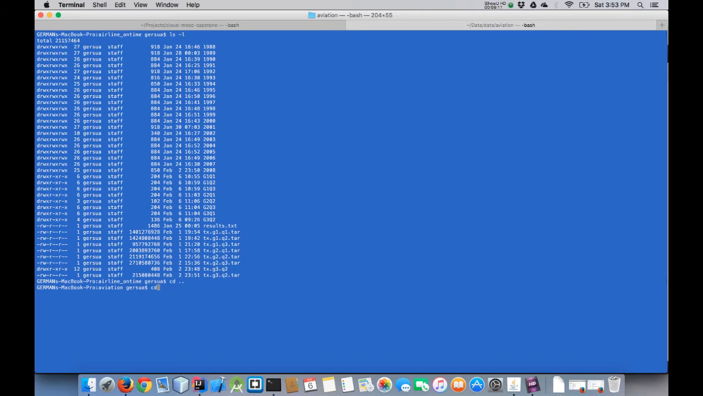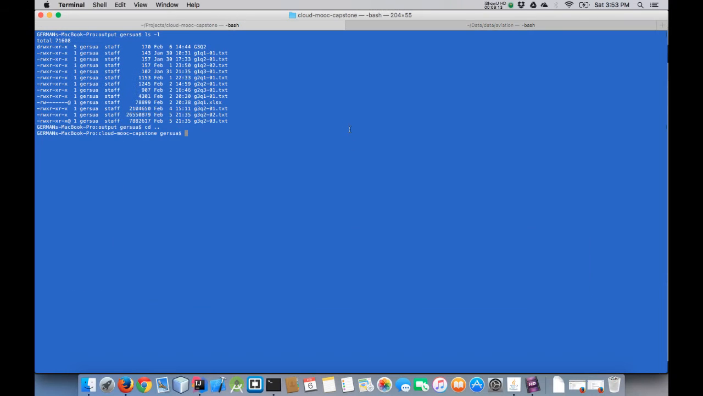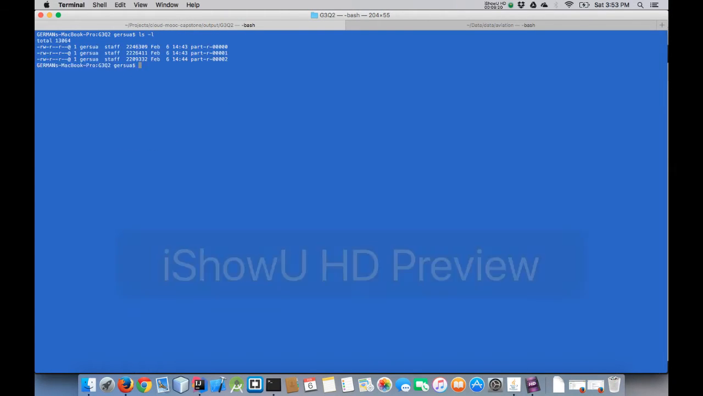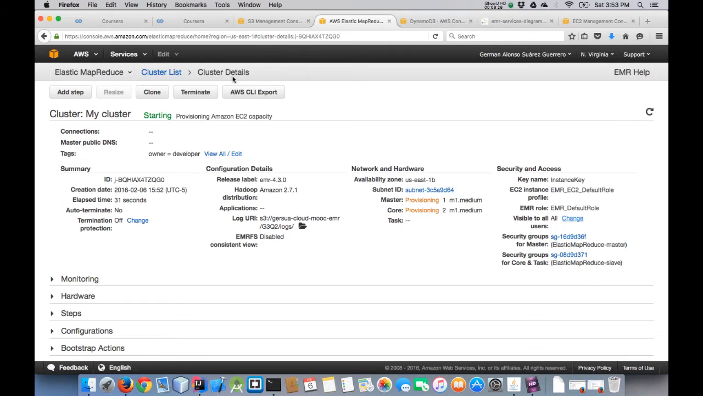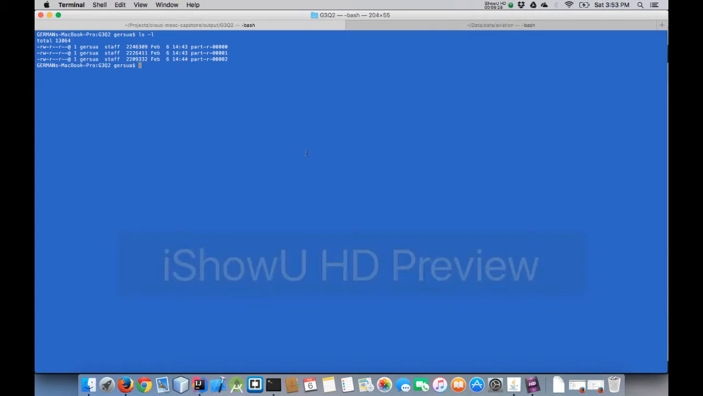I created an output folder. In this folder I got this, which is basically the three results, part 0, part 1, and part 2, that are the ones processed by the elastic map reduce. And the structure of my results,